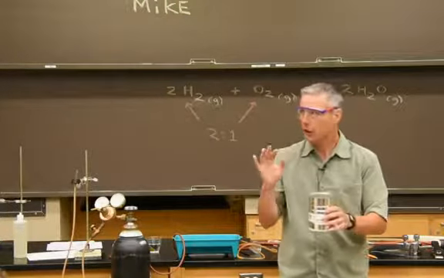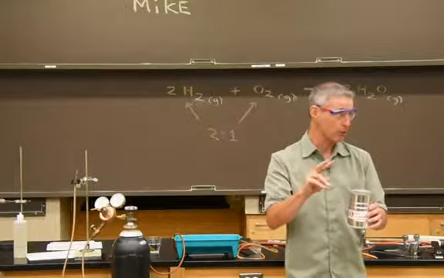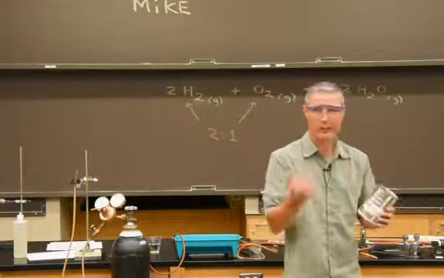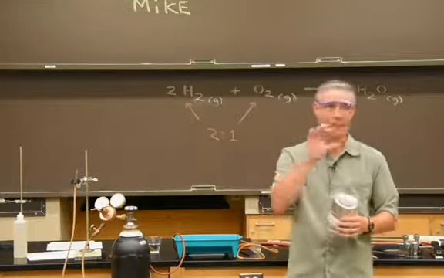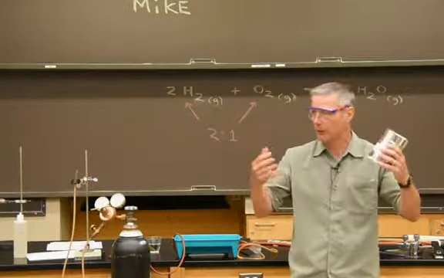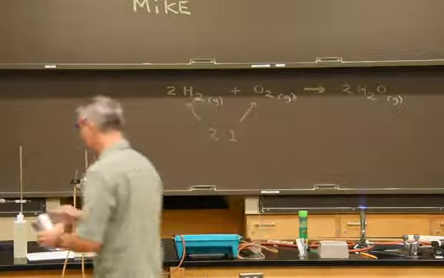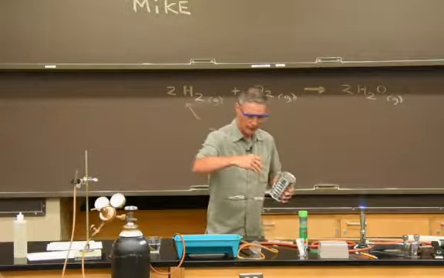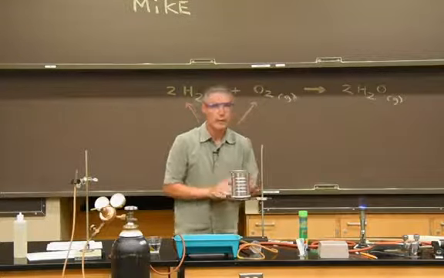But the reaction occurs much, much quicker when you get it in the proper ratios. As much as you don't want to mess around with hydrogen when it's pure, I could put it in my hand, and that's not a big deal because it's not contained. If you combine hydrogen and oxygen in a 2-to-1 ratio, that's called a stoichiometric ratio. That is a super explosive mixture. So we're going to place the H-bomb right here, a safe distance away, and I'm going to fill this thing with hydrogen.